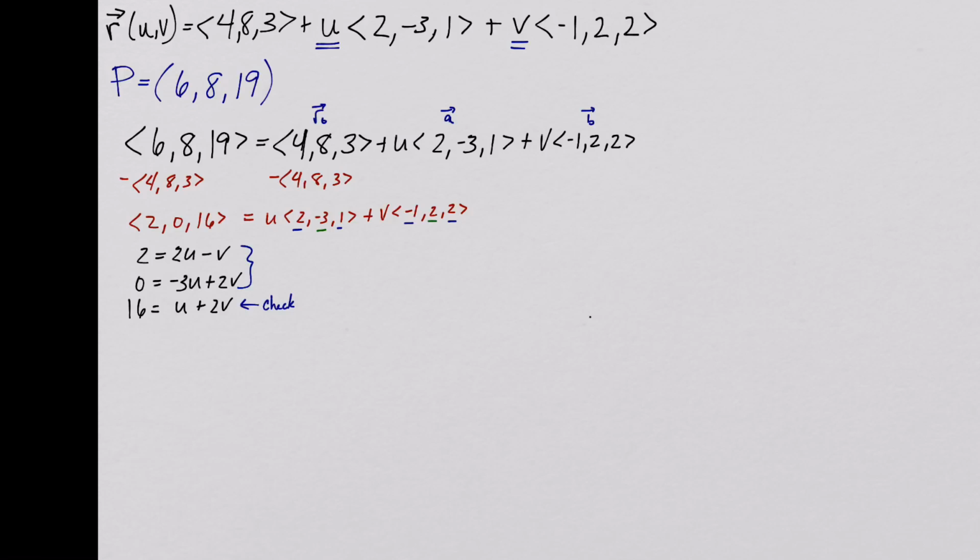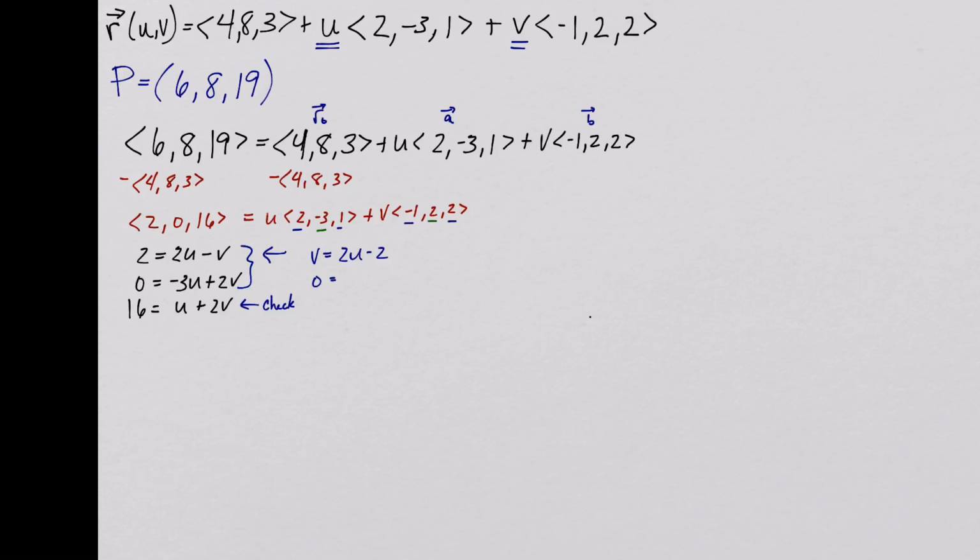Okay, and so I'm just going to tackle this first equation and simplify that. And so with just a little bit of manipulation, I can write that v is equal to 2u minus 2. Right, that was simple. And now we're going to solve through substitution, and we'll say